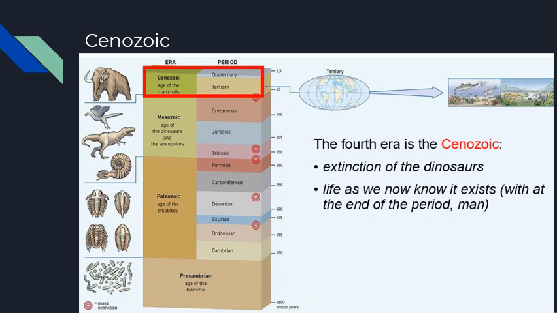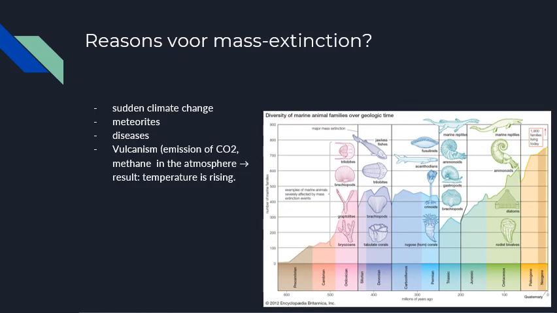So maybe we get extinct once as well. Not in a few years, it will take 1,000,000 years or something like that, but it might happen. And then there will be a next era without us. But what are reasons for mass extinction? There are several reasons for mass extinction, of course. And when we are looking in the past, we might notice that